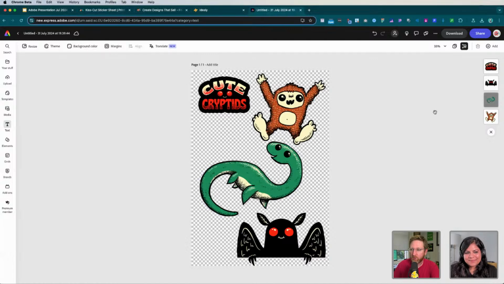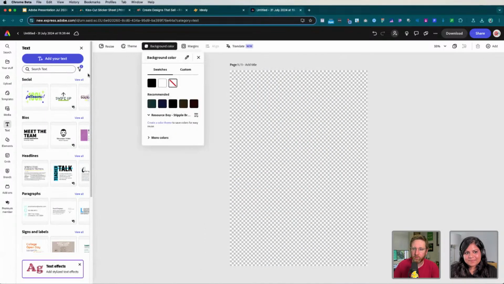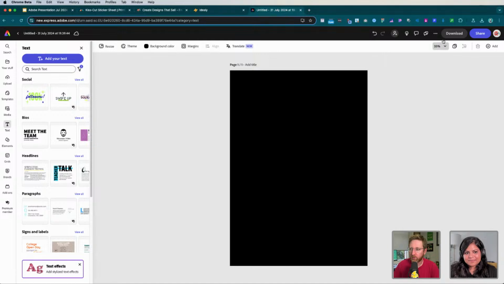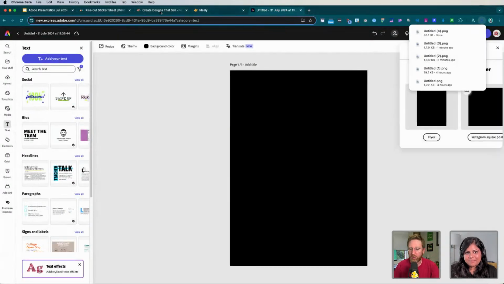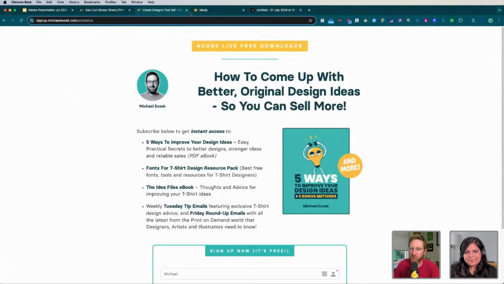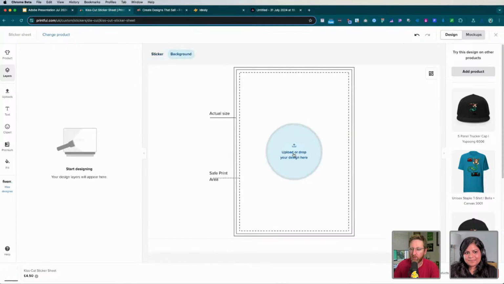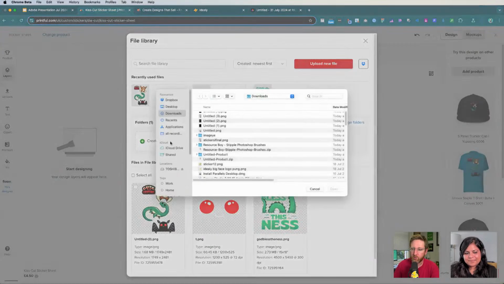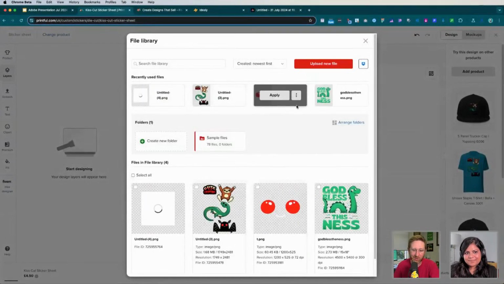And then one final thing we just need to do here is upload a background for these sticker sheets. So I'm just going to do a solid background color for this one. But again, with your own sticker sheet, you might want to have a little pattern on there or something like that just to make it look neat and nice. So over here, we just need to set the background. So again, I'm just going to upload that. It's literally just a solid black background for this sticker sheet.